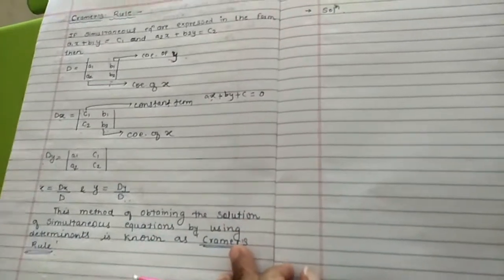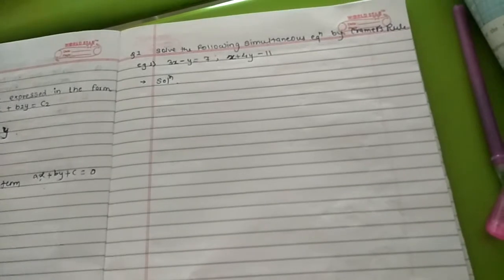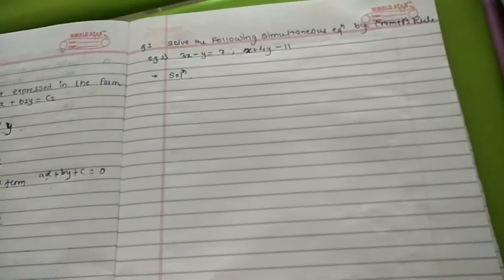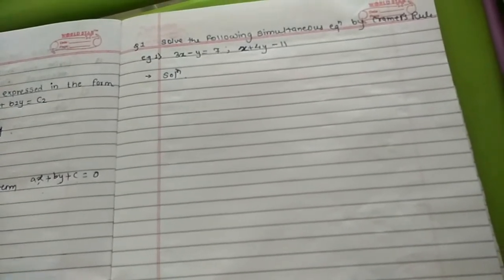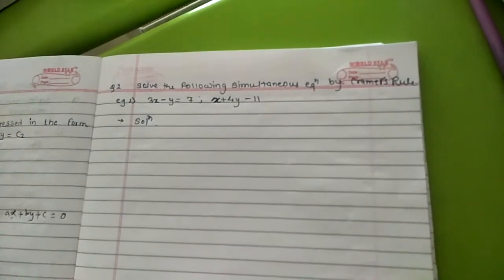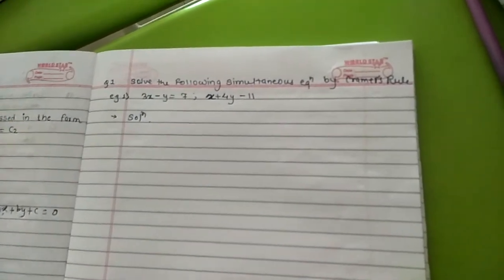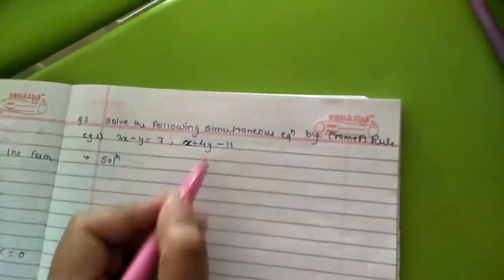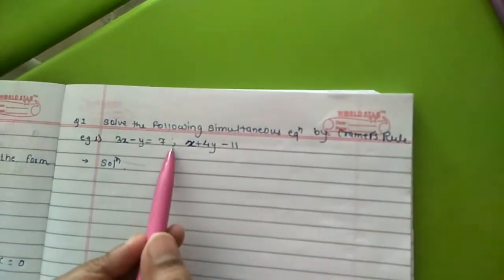Now, by using these three determinants, how are we going to find the solution of the simultaneous equations? If they ask to solve the simultaneous equations by using Cramer's rule, then only you have to use this method. Otherwise you can use the regular simultaneous equations method. If they say solve the simultaneous equations and the method is not mentioned, then it's your option. You can solve it by Cramer's rule, or you can solve by the elimination or substitution method.